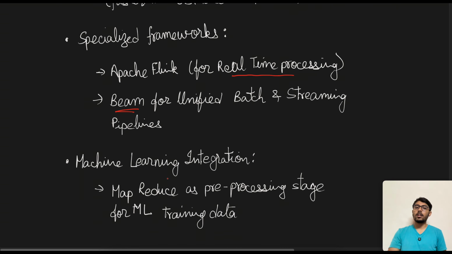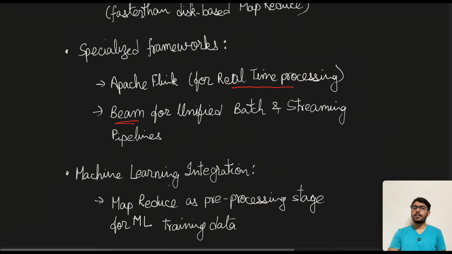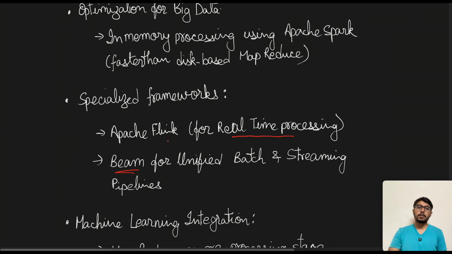The third is machine learning integration. So, another thing in the data processing pipeline is we can have MapReduce as a pre-processing stage, right? Maybe some feature engineering or data cleaning or any other sort of thing. We can do that in the MapReduce part as well, and then send the data for training into ML pipelines, right. So, this is obviously a very brief overview of the different customizations that we can do